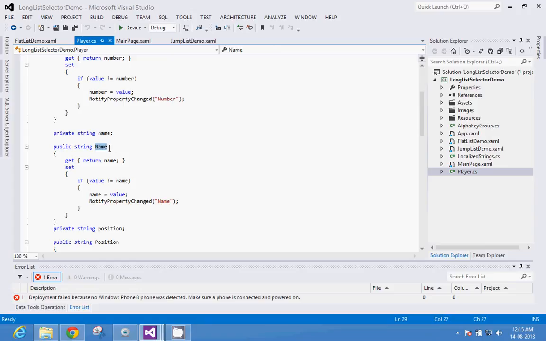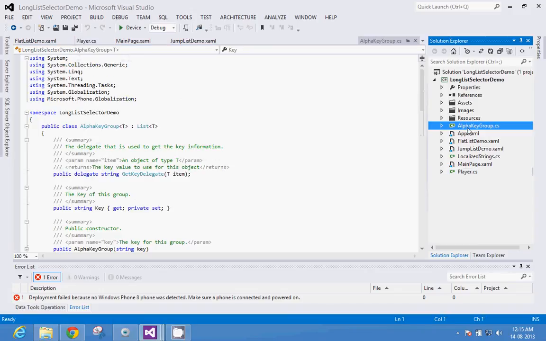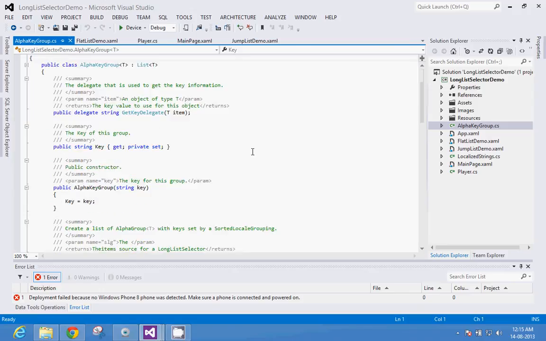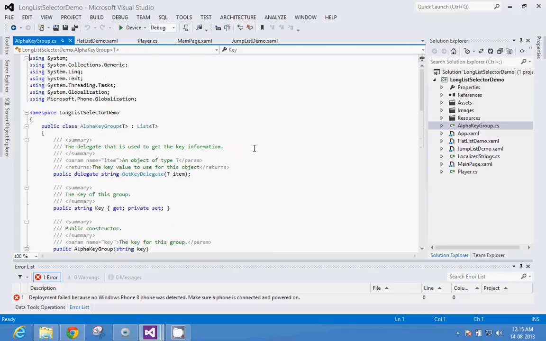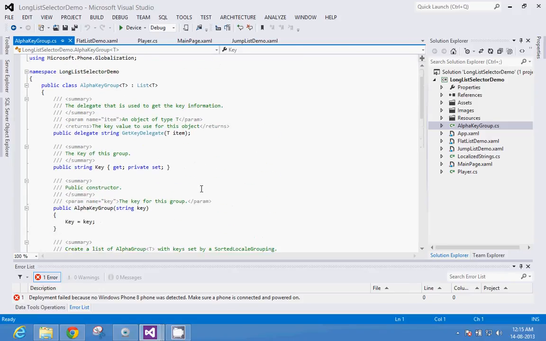So we are going to group them by their names, alphabetically. So what I'm going to do is I have this alpha key group class, alphabetical key group class. The name is very random. The point here is what the logic of this class does. This class groups the list items according to their alphabets, based on the name property.